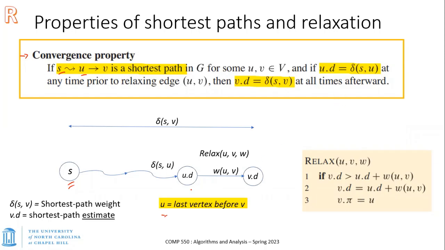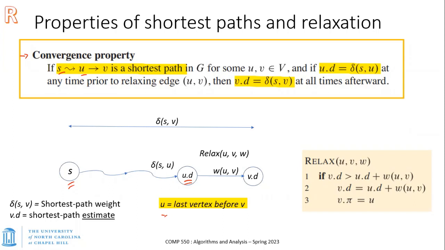We're saying several conditions: number one, S through U through V is a shortest path. Number two, U is the last vertex before we get to V. And the third thing is that the estimate to U, which is U dot D, is also equal to the shortest path weight to U. Three things. And if those three things are true, and in addition, we perform a relaxation between U and V,